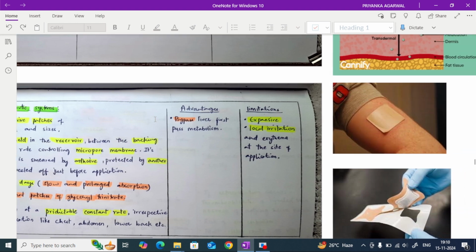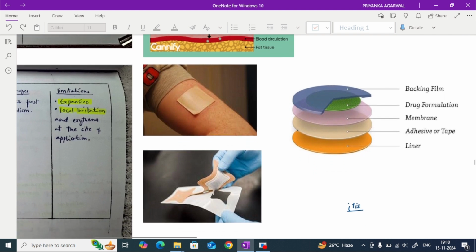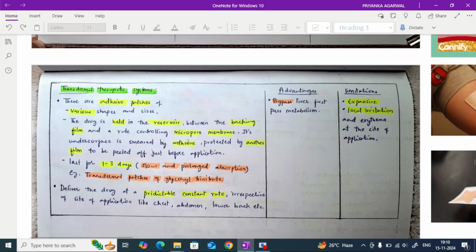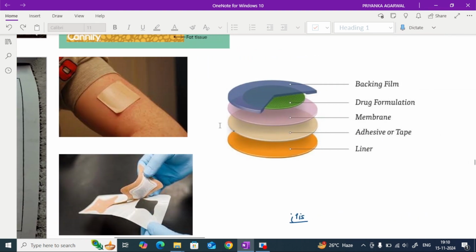I am 100% sure that every one of us has seen these patches somewhere, somewhere in our homes or somewhere in the hospitals. So these patches are nothing but transdermal therapeutic system. So these are adhesive patches, means they stick to the skin. So these are adhesive patches of various shapes and sizes. Now how these patches are made? So drug is held, so this is